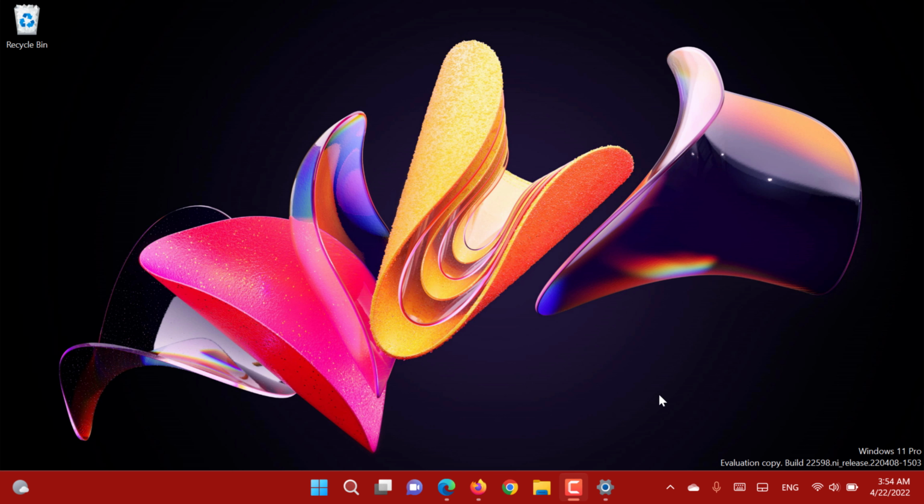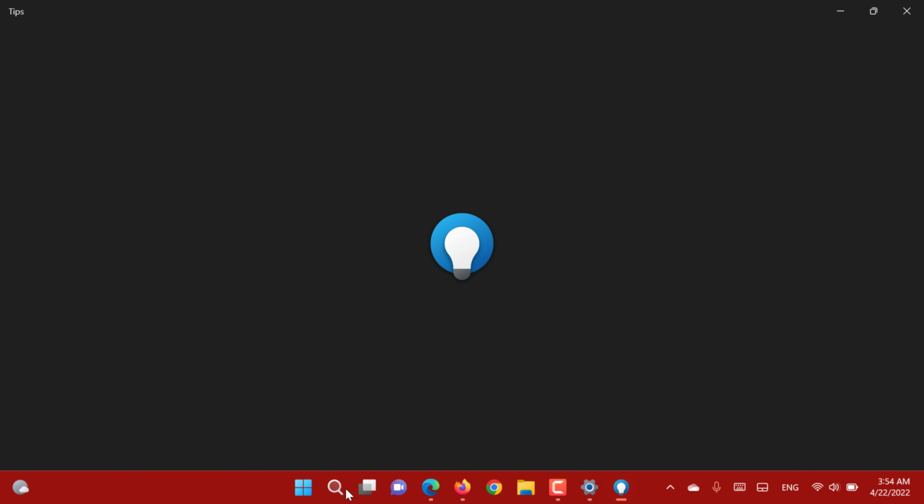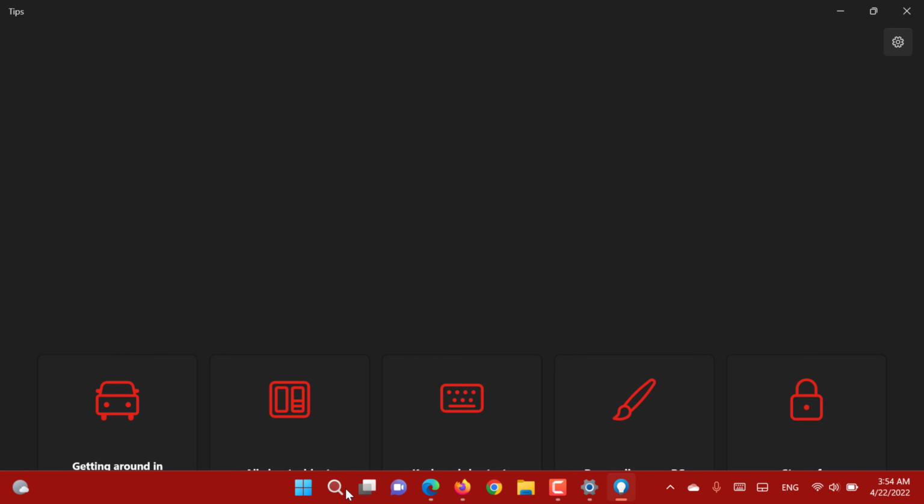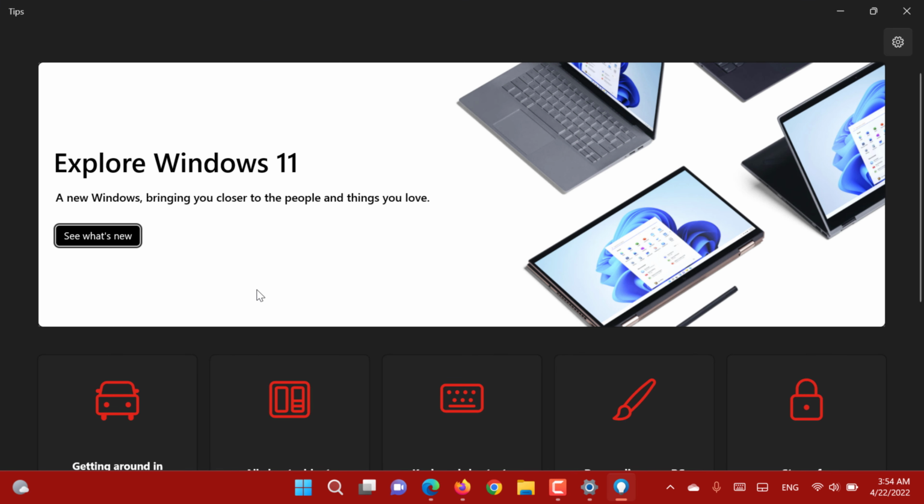Hi everyone. Today we are going to discuss the Microsoft Windows Tips app. You can access the app just by searching "tips". This app was included by Microsoft to provide ease and those features that are usually hidden or unknown by most